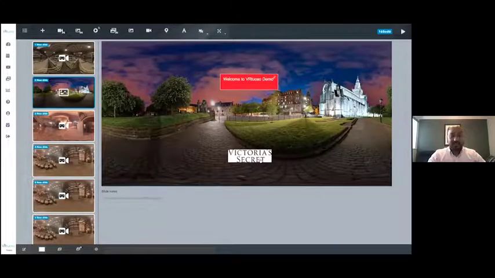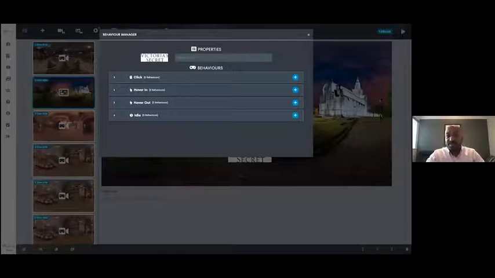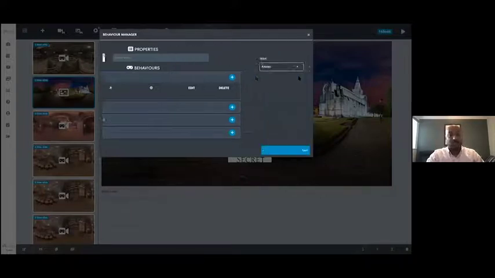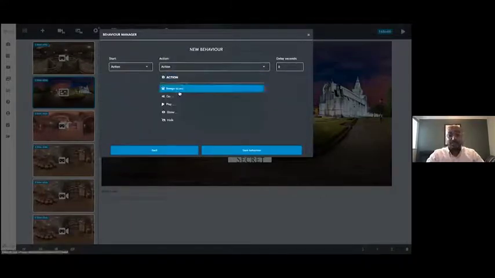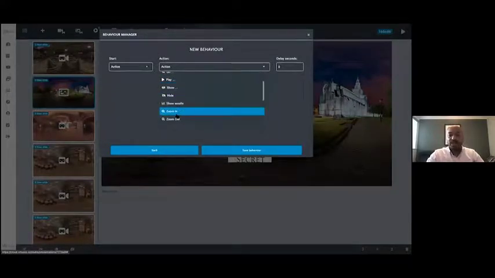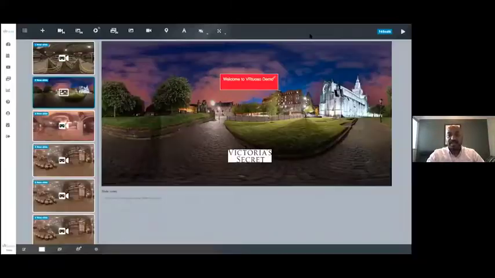And then the other bit that you can start doing is really creating the gamification. And VRtuoso is a zero coding platform. We've done all the coding on your behalf. You just need to choose what type of behavior you want and the subsequent action. So the behavior could be, if someone clicks on an object, what do you want the subsequent action to be? In this instance, there are over 50 that you can choose from. It could be you can assign a score if you want to turn it into a game. You can play a video, play music, take the person onto the next slide, show, hide. You can do whatever you want to really create a gaming, engaging, immersive experience for the end user, right?